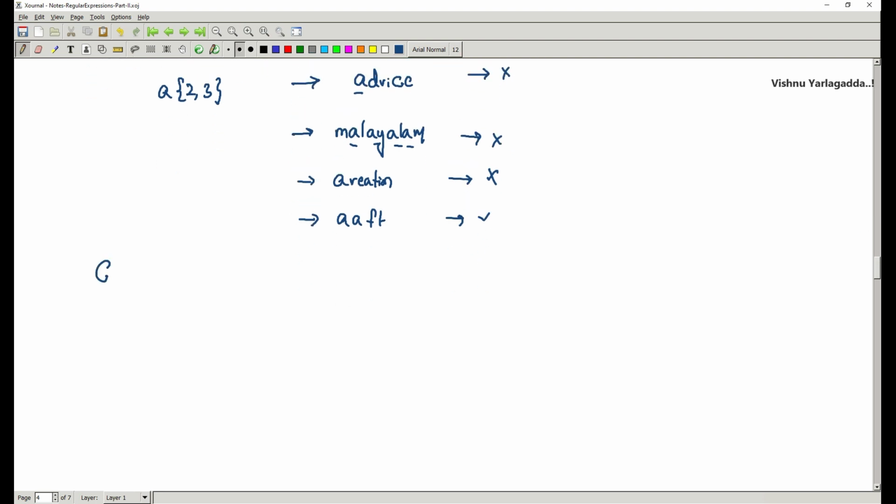And the next one is the group meta character. Group meta character means within parentheses.